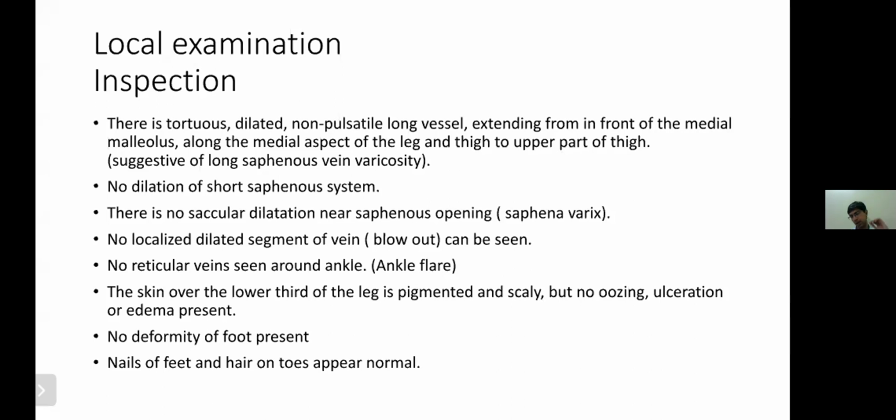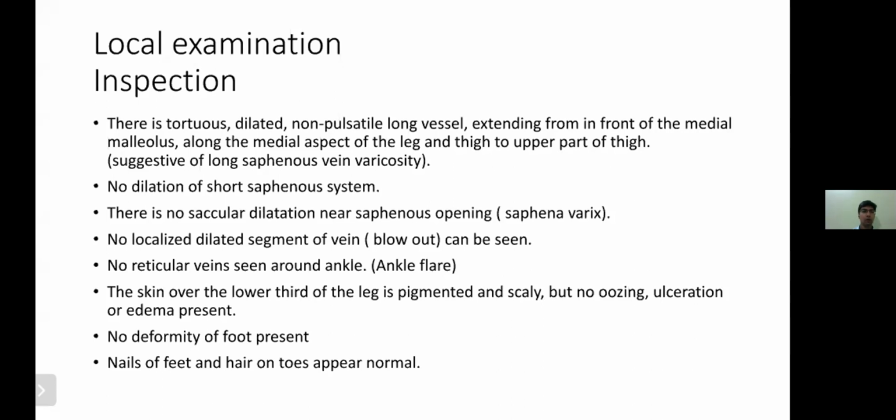Gaiters. Yeah. So it's basically known as the gaiter region. A gaiter was something that was used to cover that region in hilly climates, and that is the commonly affected area. Lower one-third of the leg, classically around the ankle, and that is the area which is involved in lipodermatosclerosis.